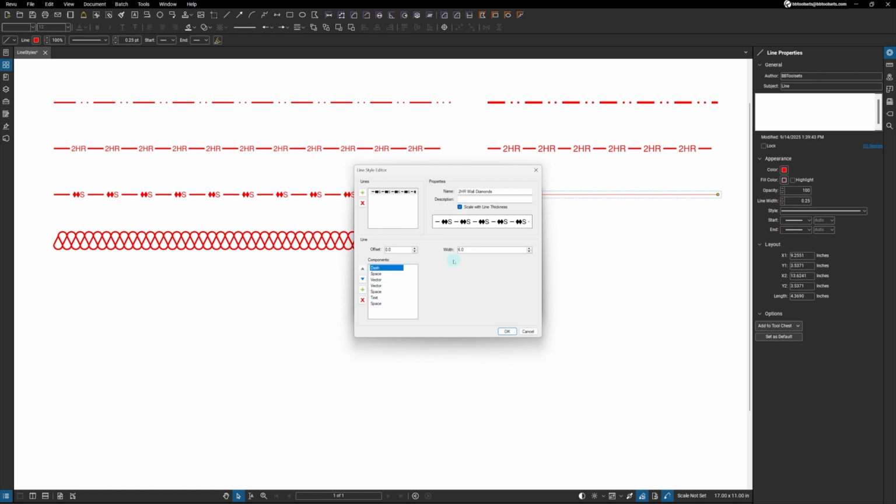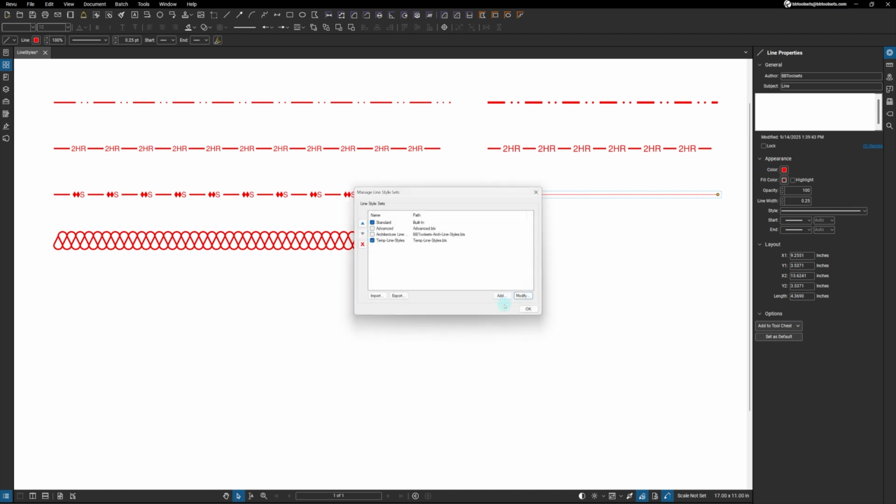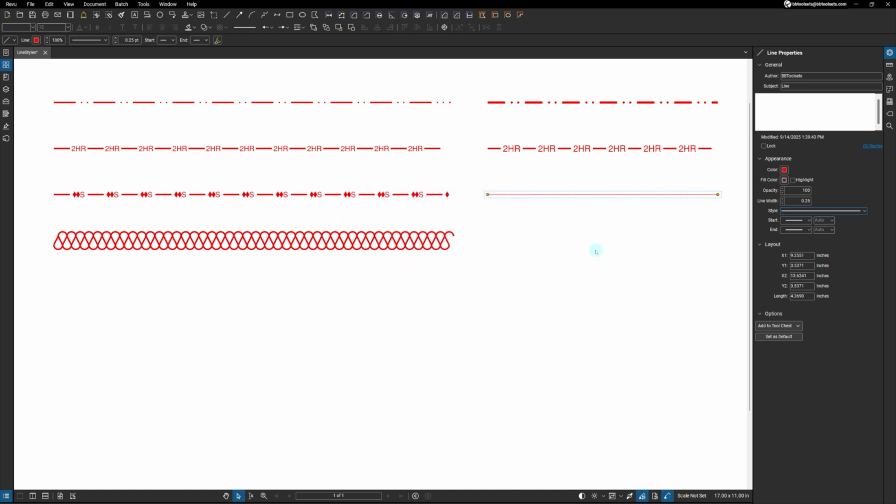Okay, and the dashes need to get a little bit longer, I think. All right, I'm pretty happy with the way that looks. I've got it scaled for the line thickness, so I'll click OK. And again, and one more time. Now I can come in either here in the properties bar or up at the top. 2-hour wall diamonds. I should actually change that to 2-hour smoke wall diamonds, but we can see it's here, and I'll change the line width. And that seems to be working well,